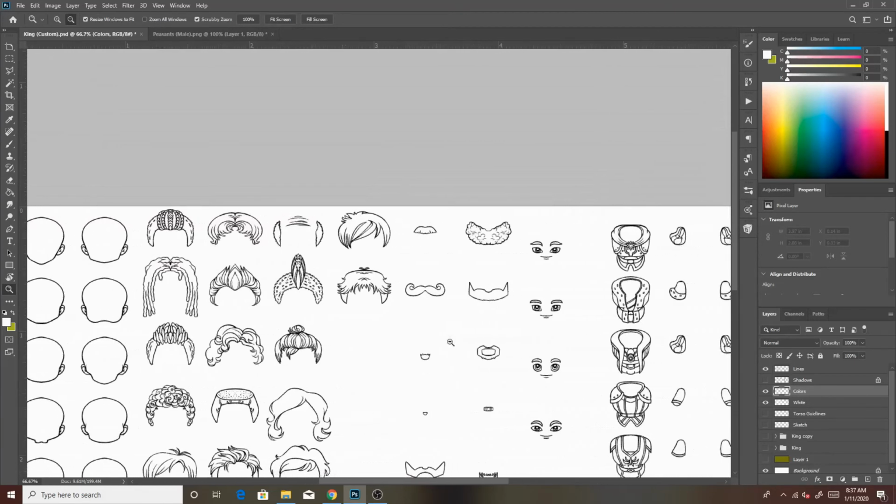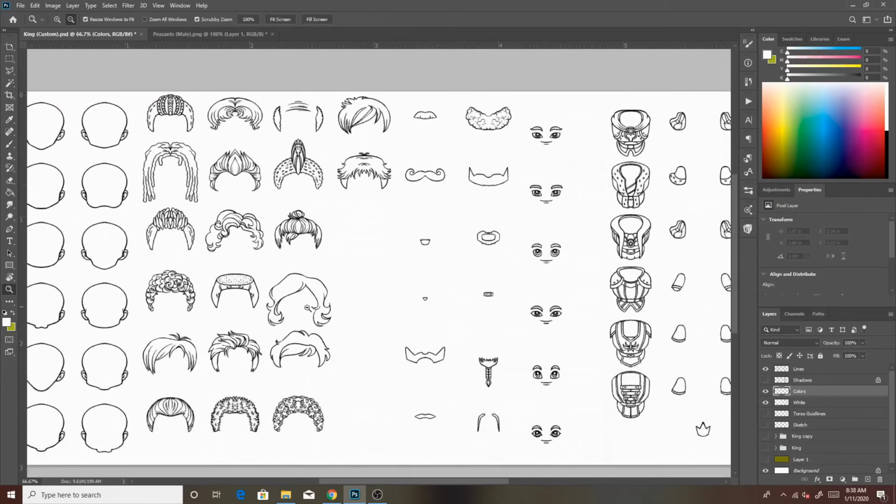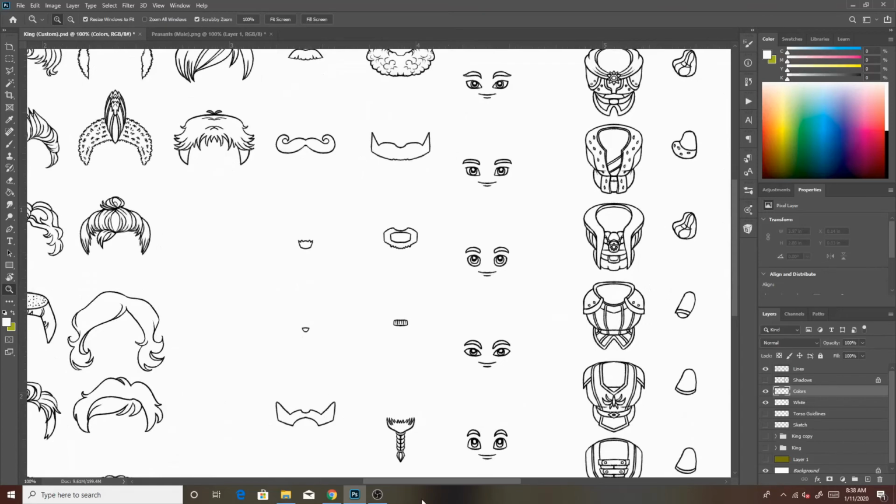If we look in comparison here, at the distance that you play the game, the main thing you're going to see is your character's head. You see their head, their hair, their face. The bodies, the torsos, are about the size of the head. They're very small, and they're partially covered by the head. And so I feel like